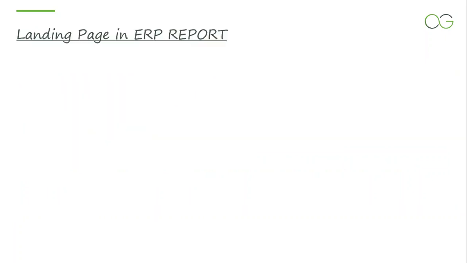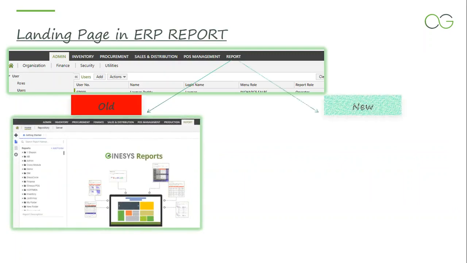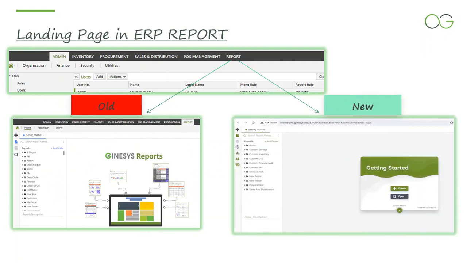Landing page in ERP report. On the left hand, you can see the old layout, and on the right hand, you can see the new one. Previously, report home used to open in the same report window. Now, report home will open in a separate tab once you click on report. Now, moving to the next slide,